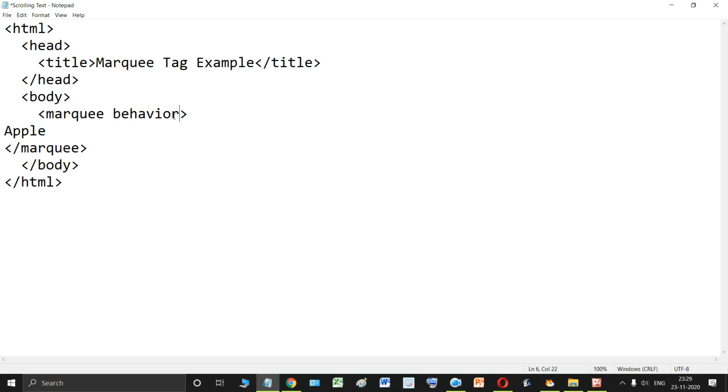Don't write BEHAVIOUR. That is not the spelling over here. Over here we have to write this spelling only because this is United States English. Many of you might have seen this spelling of behavior, BEHAVIOUR. This spelling is in British English. So don't use this spelling.